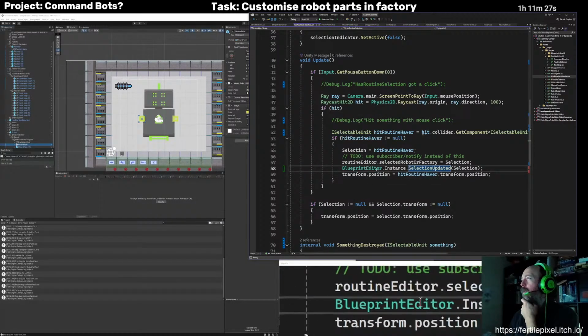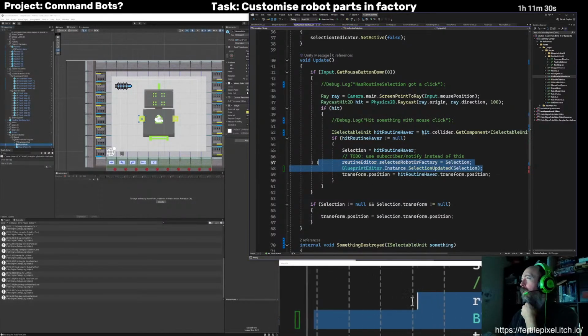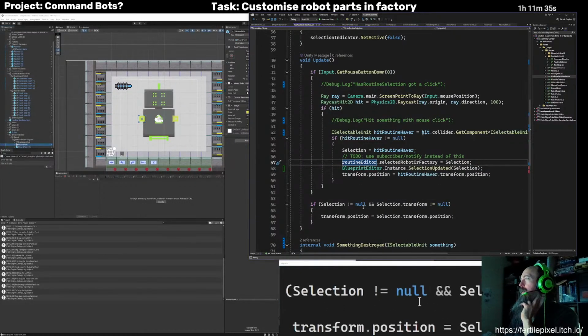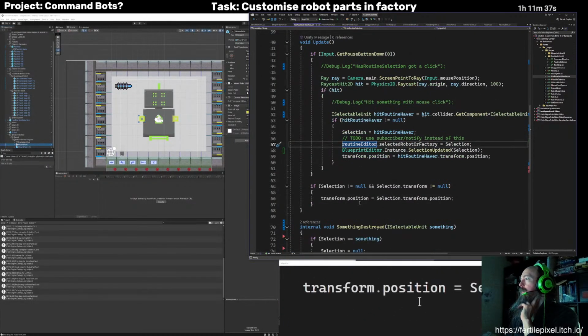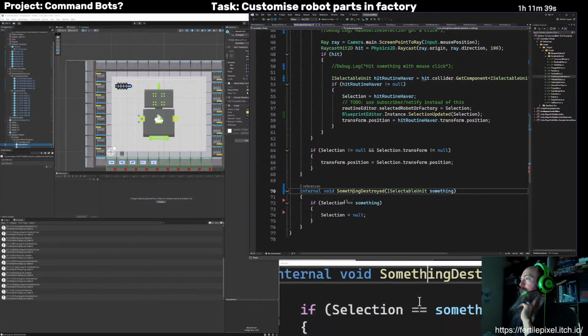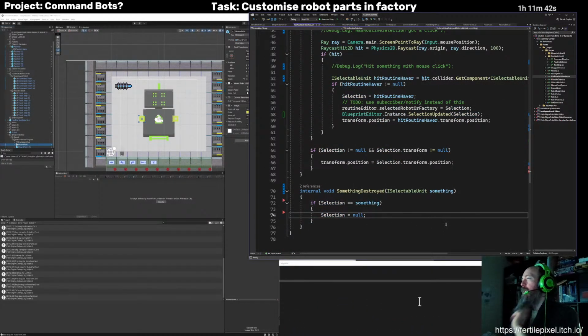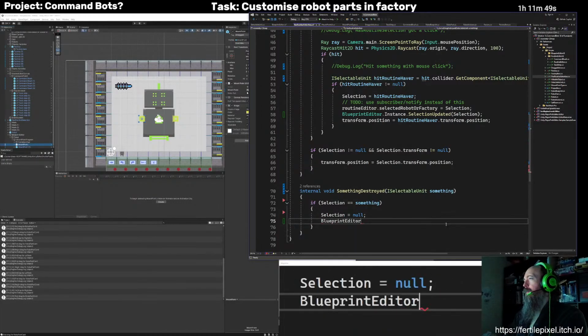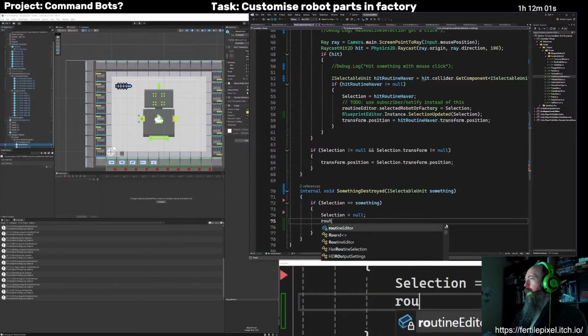Okay, now the issue with this is that when something gets destroyed, we set the selection to null, but we really should also do that. And I think even the same with routine editor.